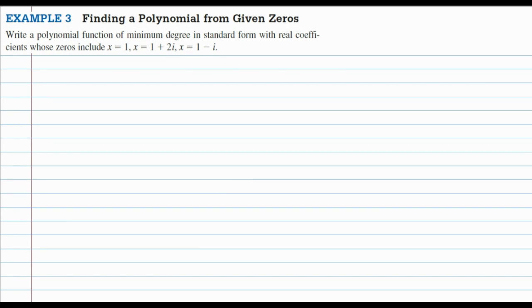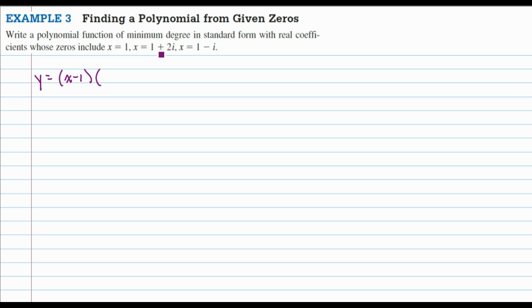This is the screencast for section 2.5, example 3. We're going to do the same thing as in example 2. We're going to find a polynomial from the given zeros, but this time it looks like we've got two different imaginary zeros. So I'm going to start by writing out: if 1 is a 0, x minus 1 is a